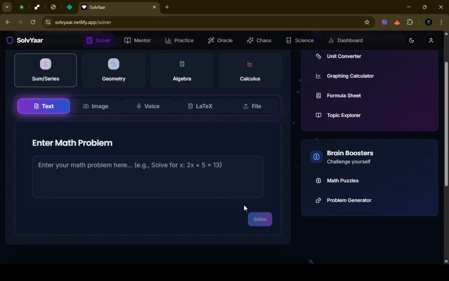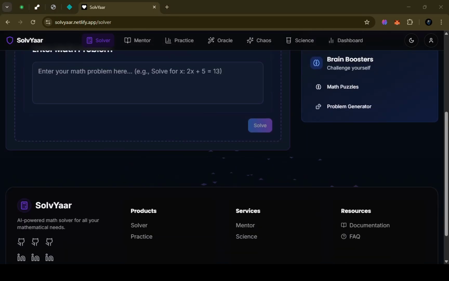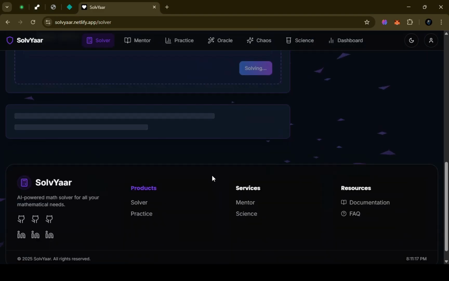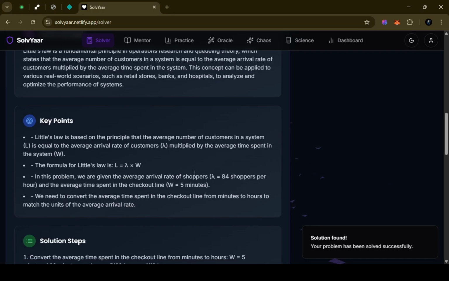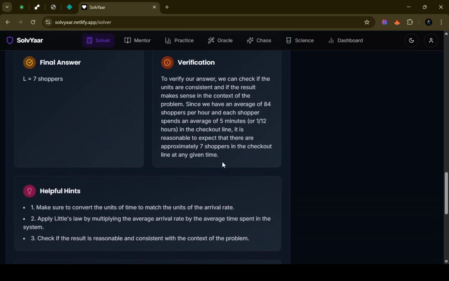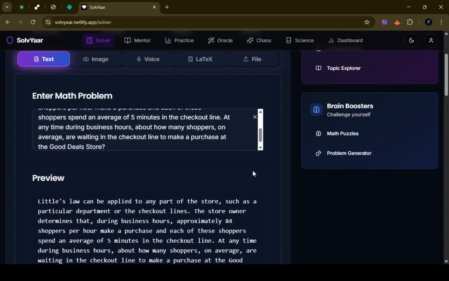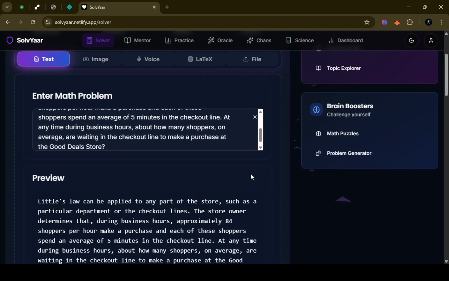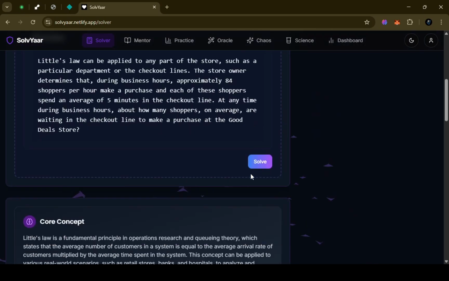Let me show you one example. I have pasted the example, and by clicking on the solve button, we can see the core concept, key points, solution steps, final answer, verification, helpful hints, and related concepts for the given problem statement. Here is the difference between our website and others: other websites give you a conversation chat, but in SolvYaar you can give a particular question,